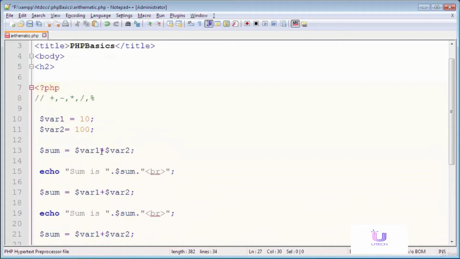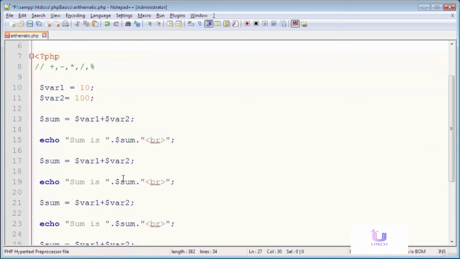So I'm going to write here, this is addition and this will be subtraction. So here is a subtraction. I'm going to change the name of sum to result.